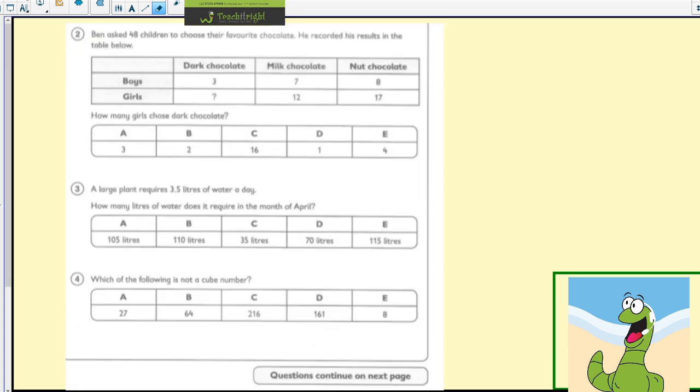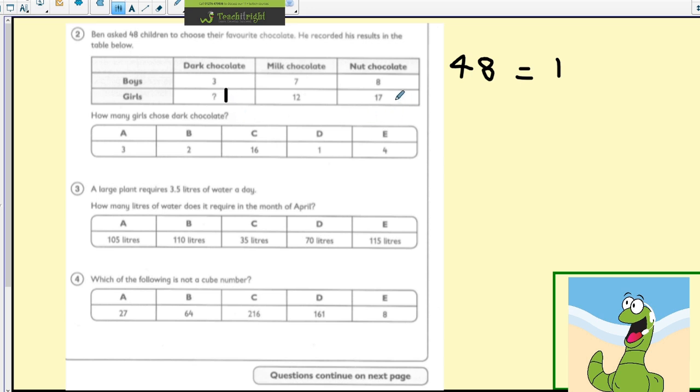Next question. Ben asked 48 children to choose their favourite chocolates, and he recorded his results in the table below. How many girls chose dark chocolate? Right, so we're obviously missing that fact. Where can we start using things? So we know that the total needs to add to 48. That's what the question tells us. So I think the best way to do this is simply to add up all the other options and then take away from 48 all the different ones. So you could do 48 minus all the rest of them, and that will leave you with, if we go through, I get one